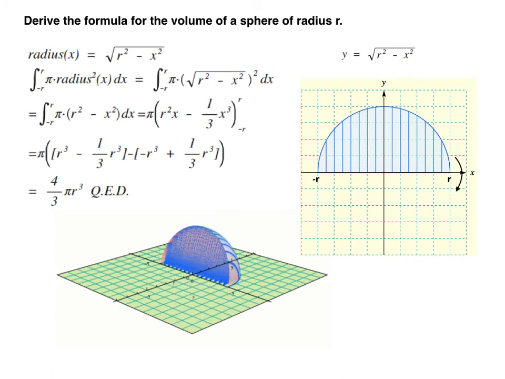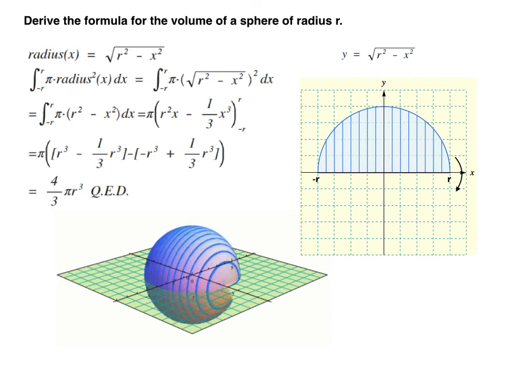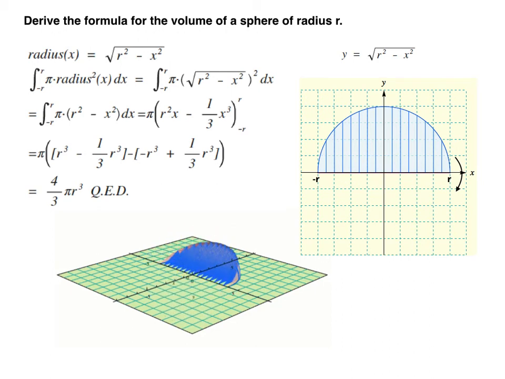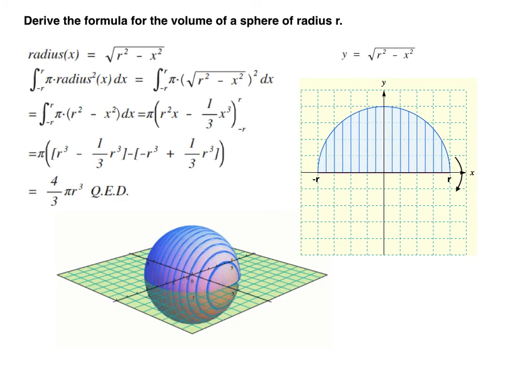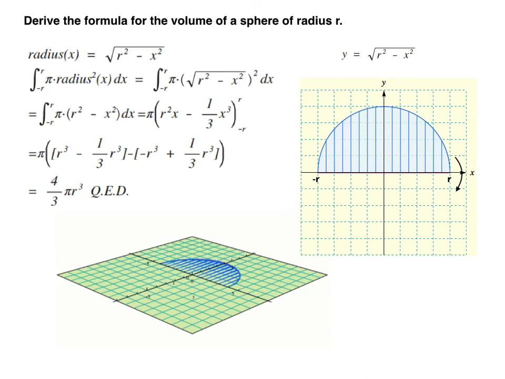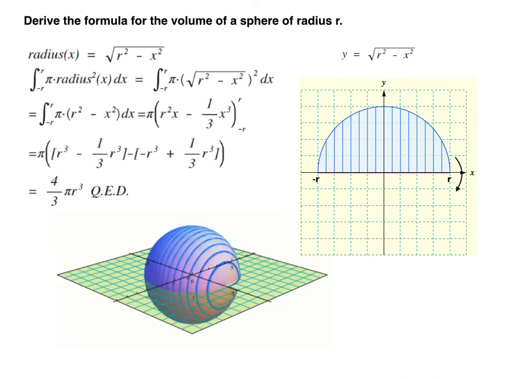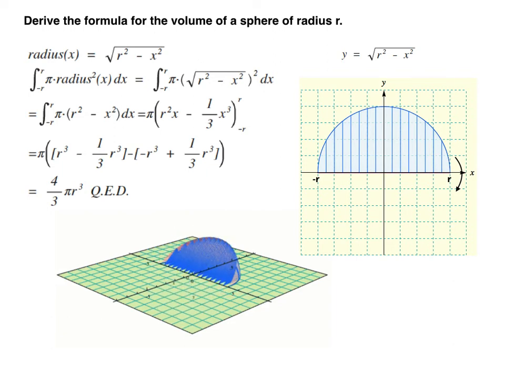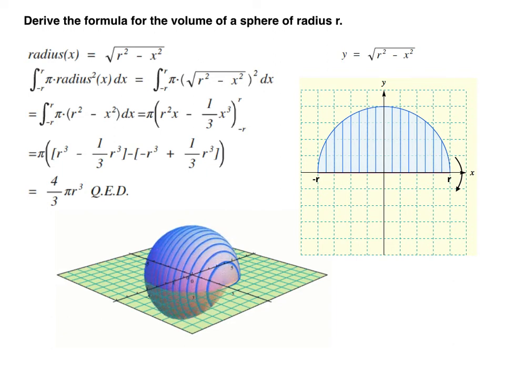Now we know that the area of a circle is pi r squared. So we're going to treat these as if we have fully rotated them or revolved them around the x-axis so that we do have a complete circle. So if I take the integral from negative r to positive r of pi times the square of the radius function, this becomes the integral of negative r to r of pi times the square of the square root of